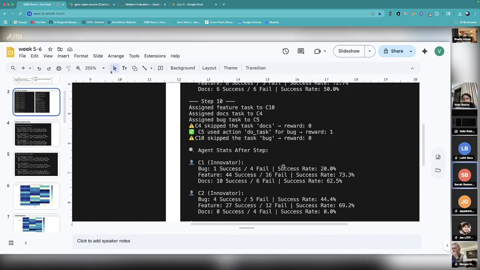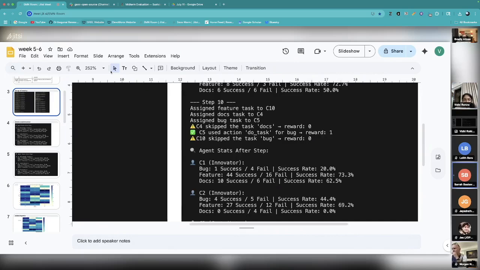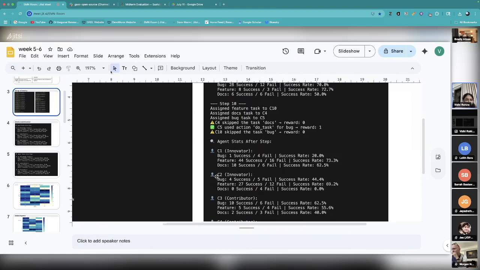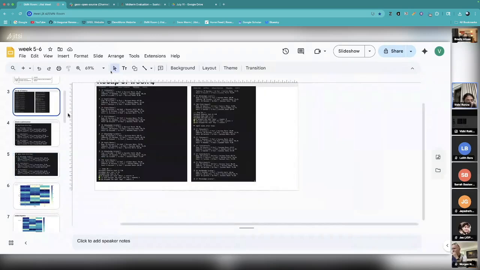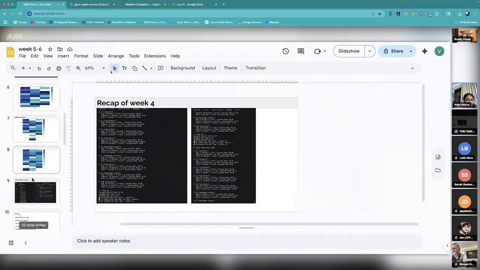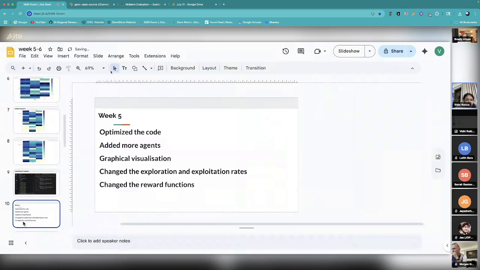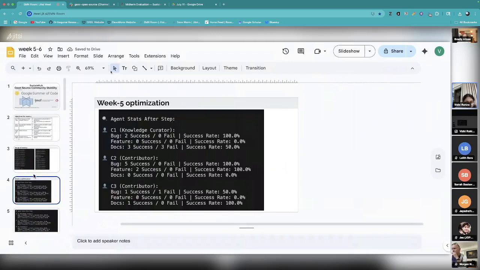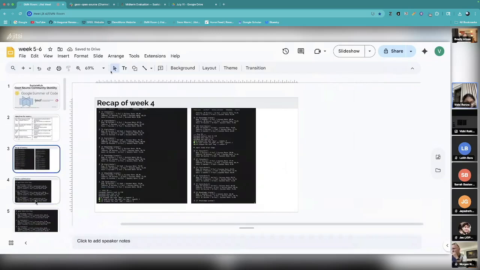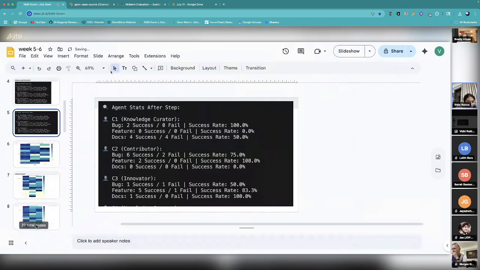So in this first step, C1 will be nothing. It will not be an innovator or a knowledge curator. Unclassified, yeah, it's unclassified. I think it was there in the week 4 one where it's unclassified. I'll try finding a picture of it. Okay, so here I think all of them are defined.